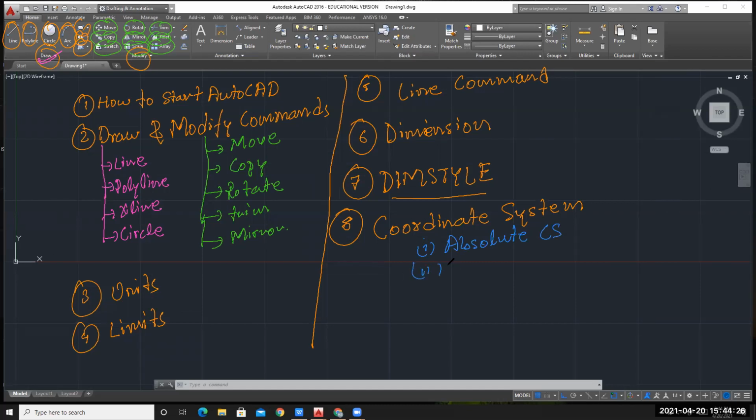The second one is the relative coordinate system. The third one is the polar coordinate system. And the fourth one is the dynamic coordinate system. We have seen one example also for all these coordinate systems. So this is what we have studied in today's class.